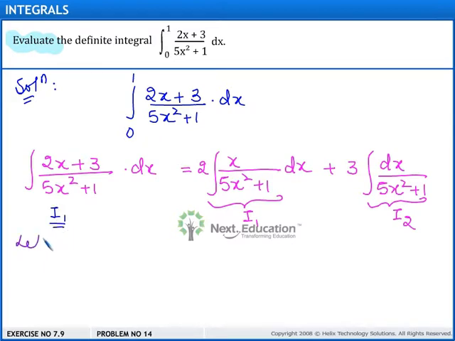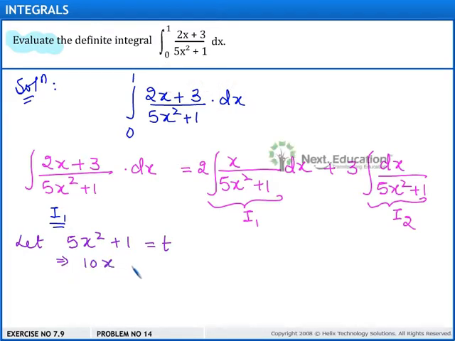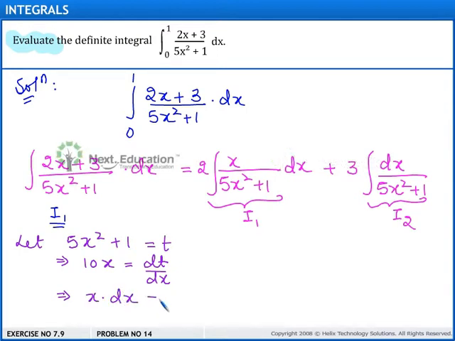In the integral I1, let us suppose that the denominator 5x square plus 1 is equal to t. So this implies that 10x is equal to dt upon dx. This we get on differentiating both the sides with respect to x. This implies that x into dx is equal to dt upon 10. So this implies integral I1 can be written as